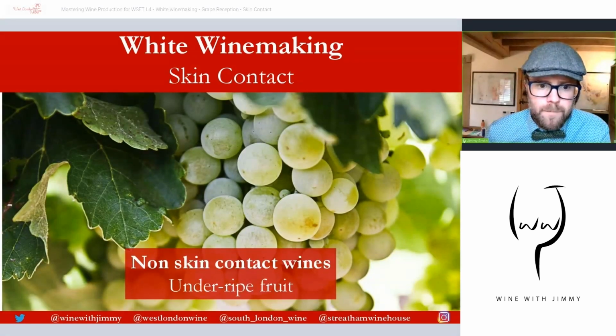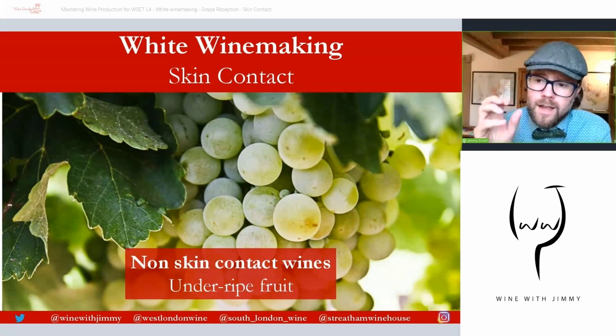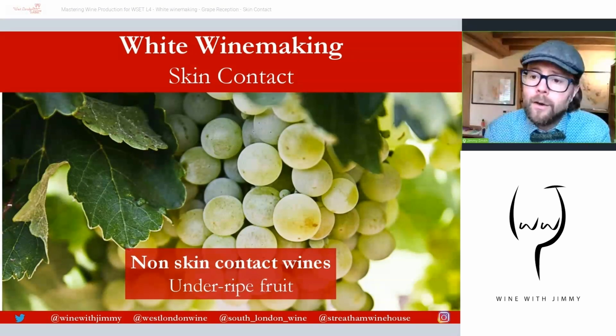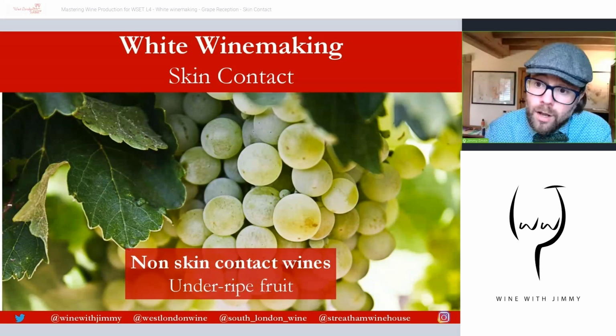Next up is, in addition to keeping skin contact to a minimum, it will be the usual choice for underripe fruit, because skin contact would extract bitter flavors and astringent tannins from those skins. So if there is some problem with the fruit because the specific vintage has been poor or cooler, or there's been problems with weather towards the end of the year, then they will really limit the amount of skin